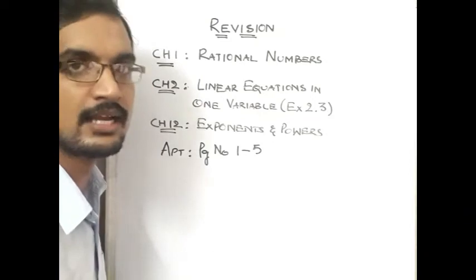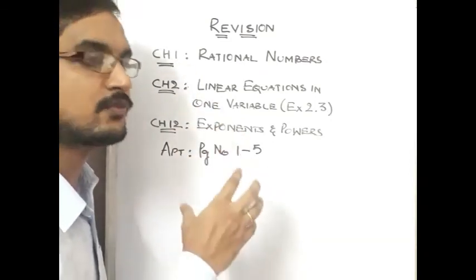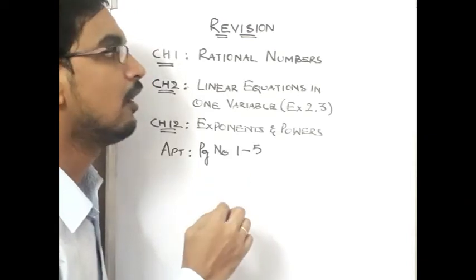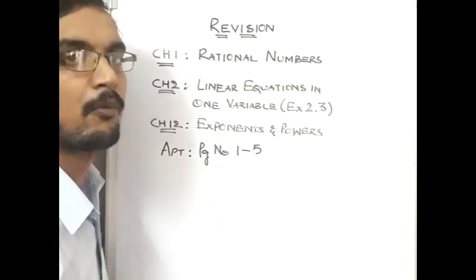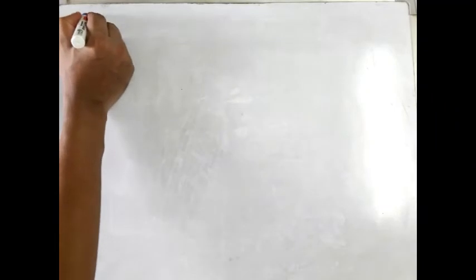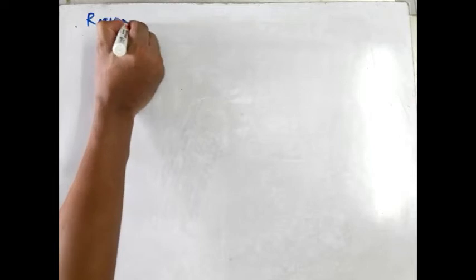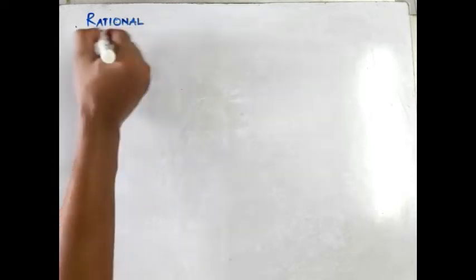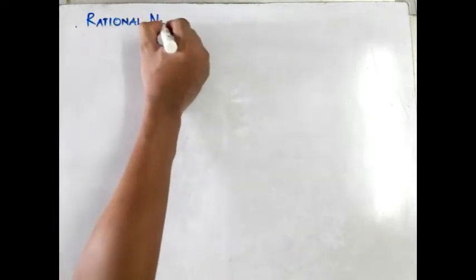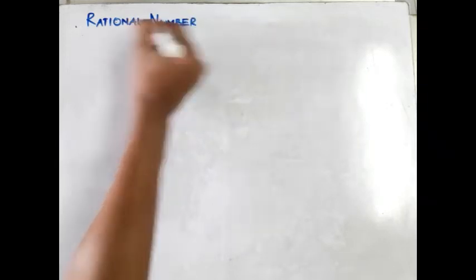As I am going to start the session with rational numbers, please try to keep your focus on each point which I am going to deal with now. So to start with, let us see what exactly the definition of a rational number is. As you already learned this, just for revision purposes, what does a rational number exactly mean?